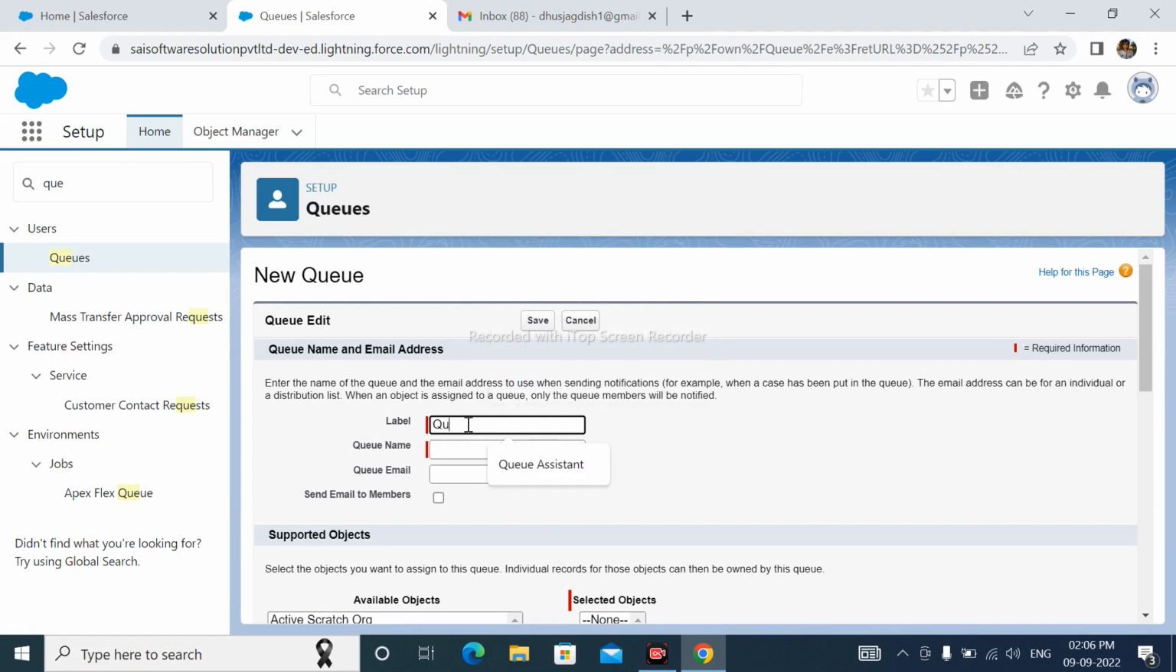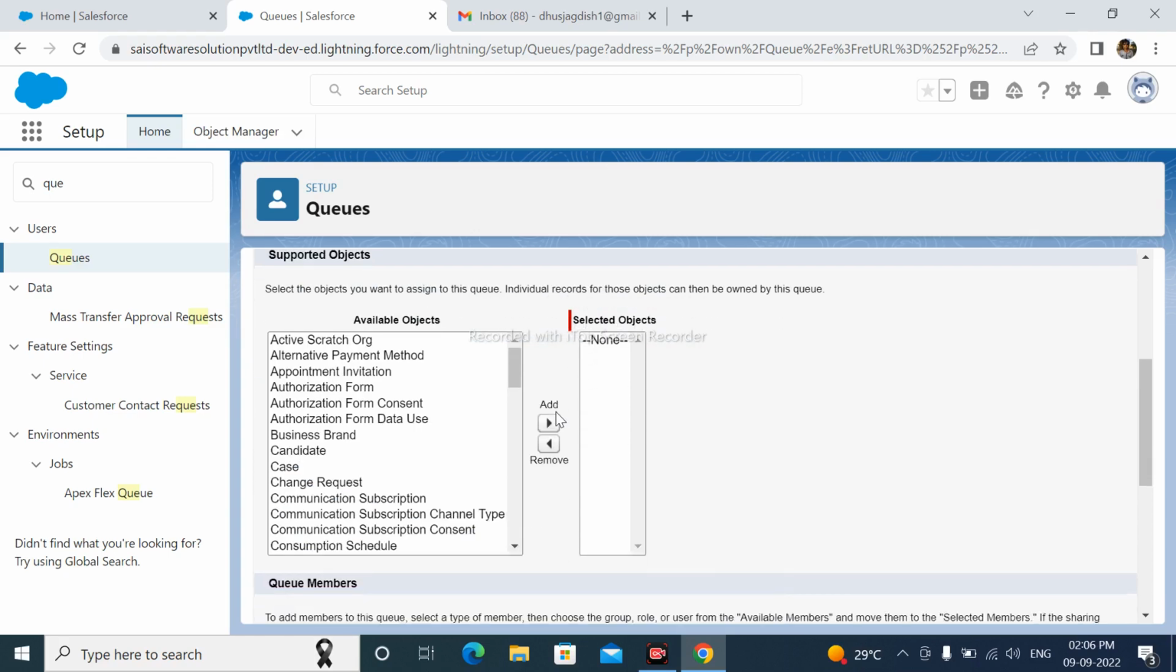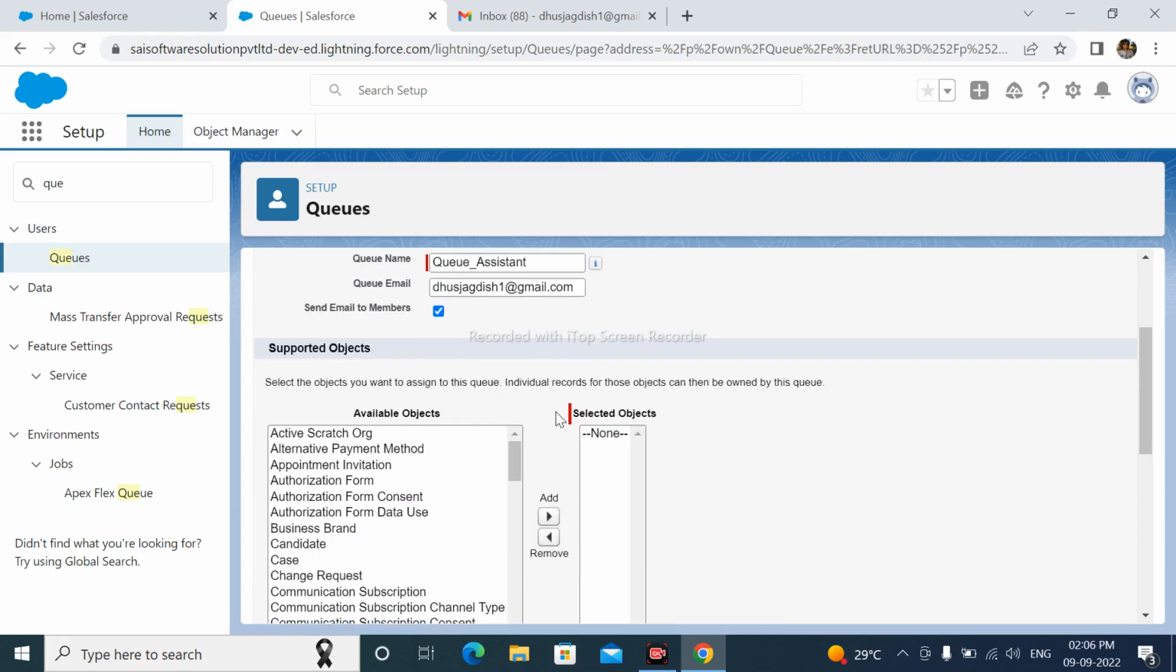Write here label. I am writing here queue assistant, queue email. I'm writing here my email, send email to members. After that,